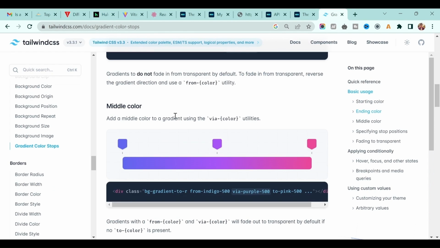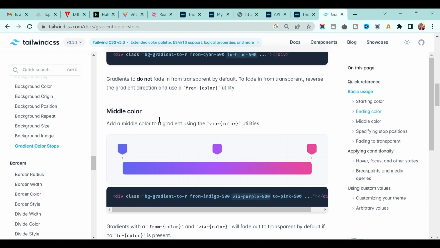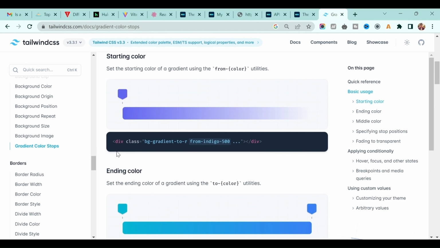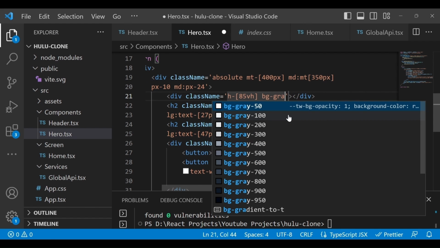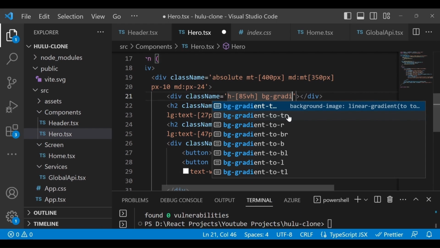If you go to the Tailwind CSS documentation, you will see how you can implement the background gradient. So it's very simple, just do the background gradient you want, and from where you want it, from bottom, from top.